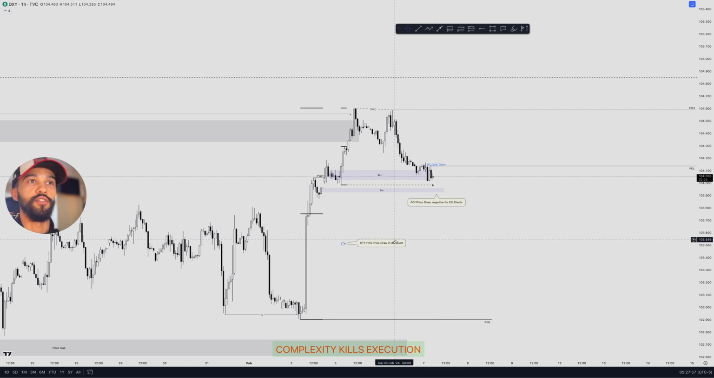So I've just got these notes. We've got these price draws in discount. We've got these price draws which are negative for EU shorts at the moment because they're unmitigated, right? So if we go down to the 15-minute,